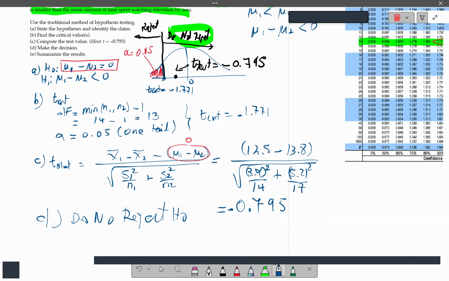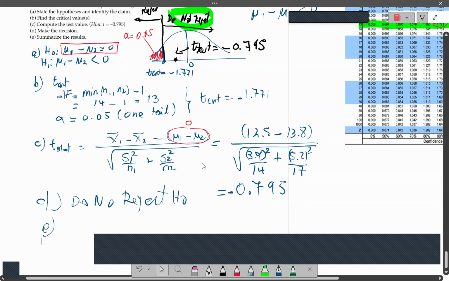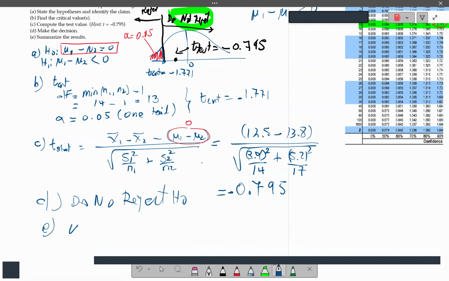And finally, E, summarize the result. Whenever you summarize the result, what's it going to be? You did not reject. So do you have enough evidence or not? We do not have enough evidence to